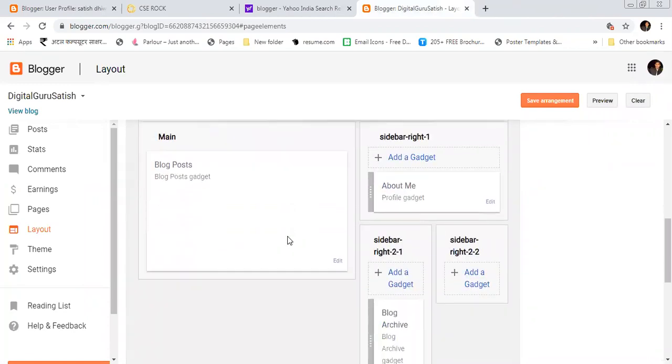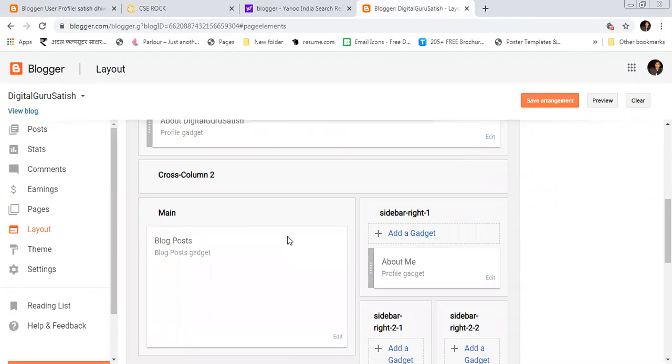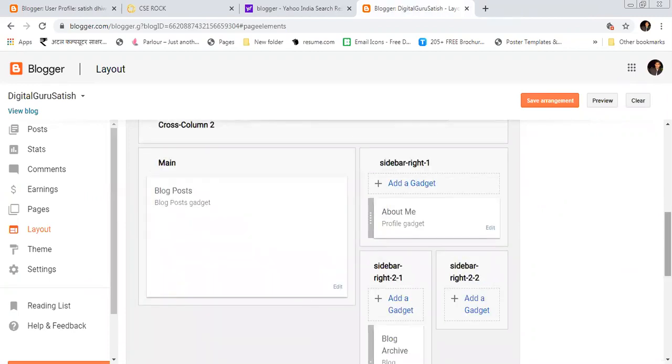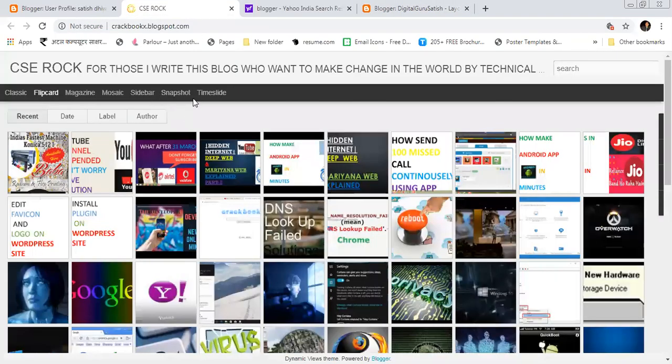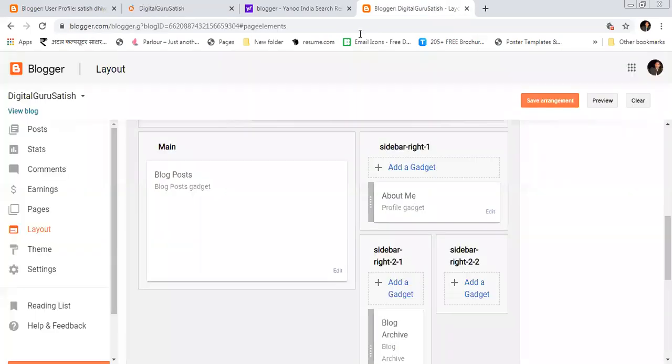So now we are coming to the main page section and sidebar section. That is the section which you need to discuss every time. So I want to first show you how that looks.